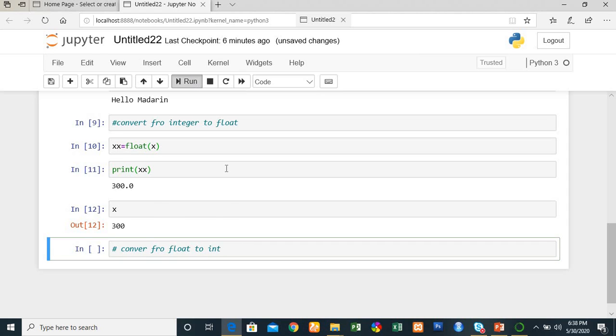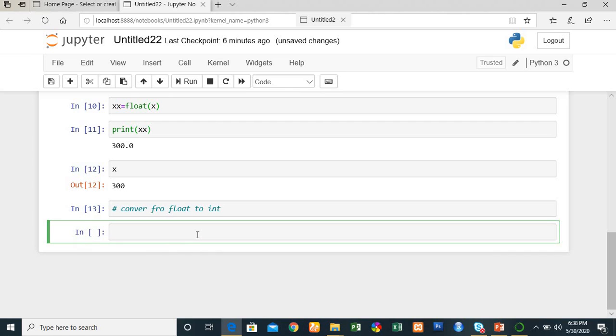What do we do? We run the same code. Let's say we have aux price equals int into bracket price. So we run it,